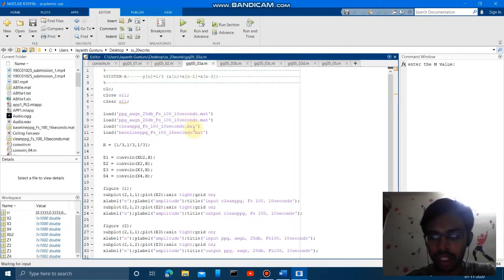So moving on to the next given signals. For the system A, that is y of n equal to 1 by 3 into x of n plus x of n minus 1 plus x of n minus 2. Like before, I am using the load function to view the signals. The impulse response for system A is declared as an array like this, and I am using the convolution function. I am also doing the convolution between the different PPG signals and the impulse response. If we run this program,